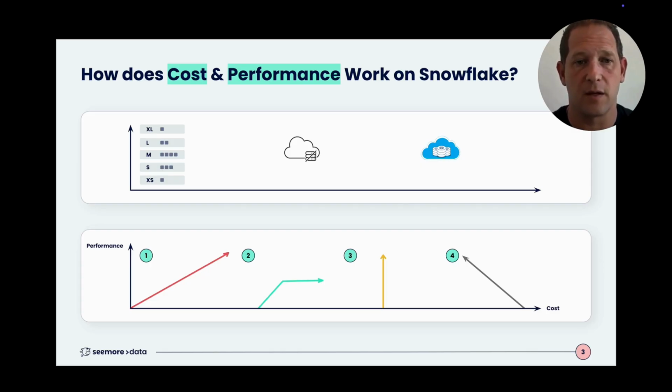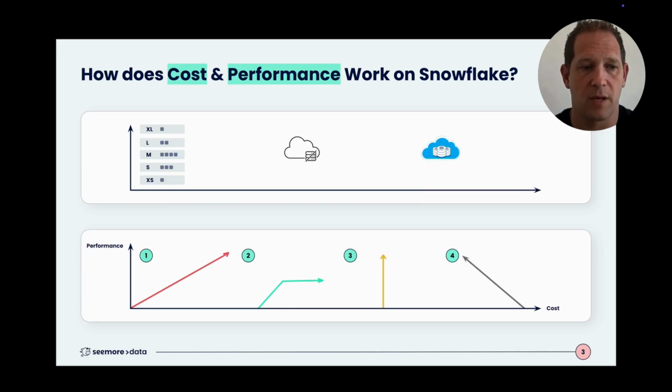It's natural to think that when we look at a query, it behaves like scenario number 1, meaning the more resources I give it, the more it will cost me to run, but it will also run faster. And when I look at right-sizing the warehouse, that's the behavior I use in order to optimize the size and configurations. The reality is significantly different. In fact, there are queries that behave like the one shown in number 1, but in reality, most queries behave like 2, 3, 4, or more precisely,